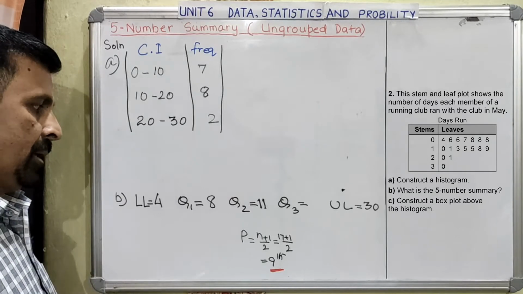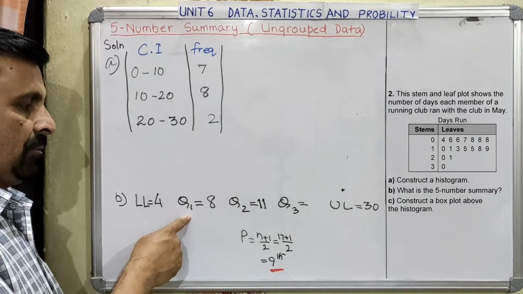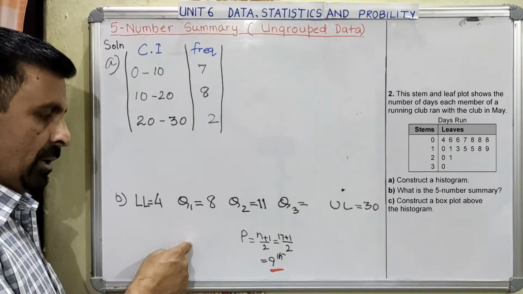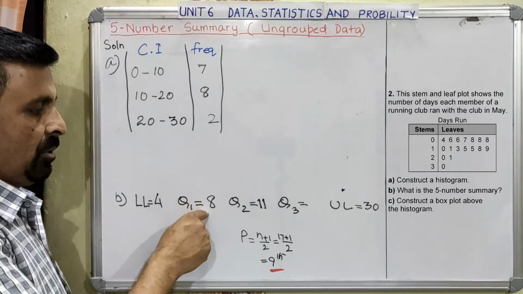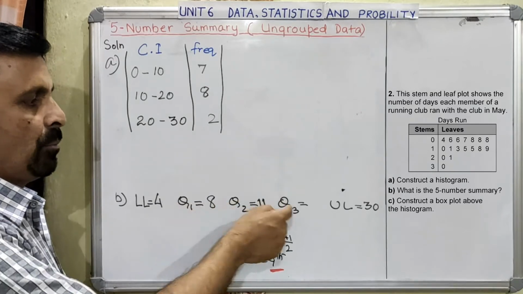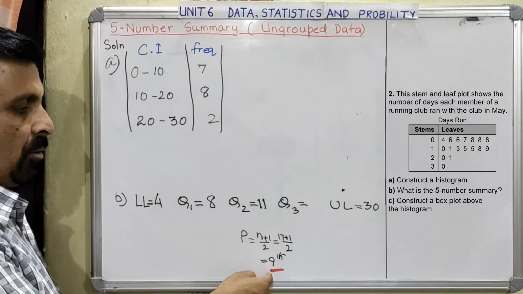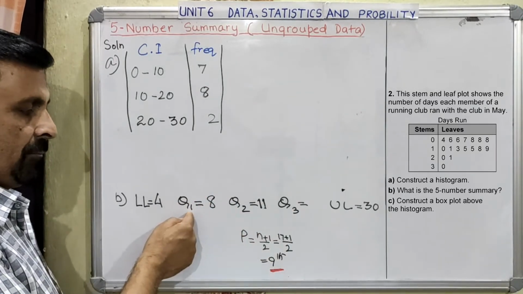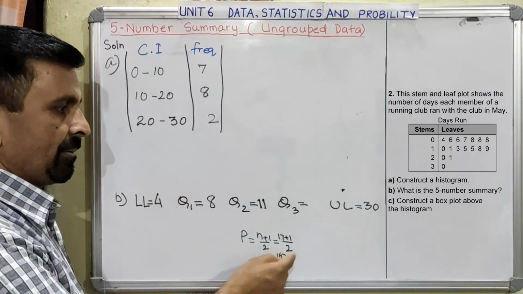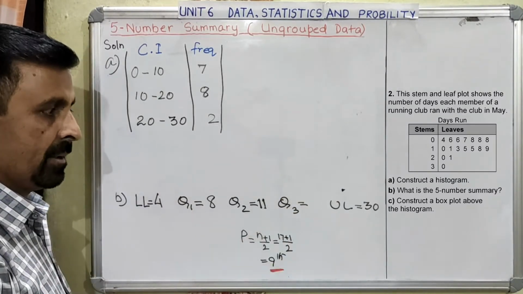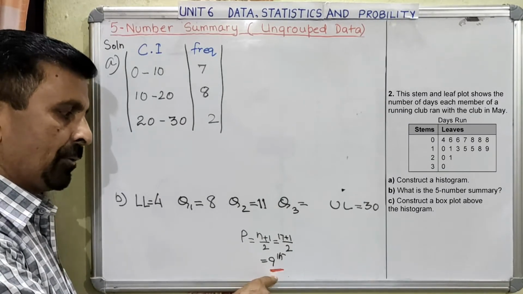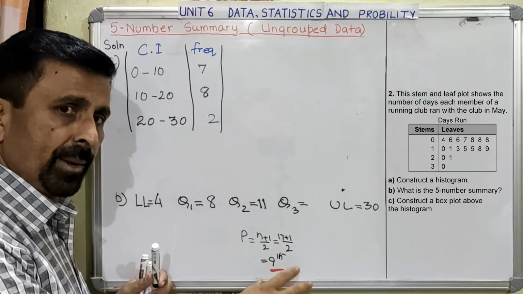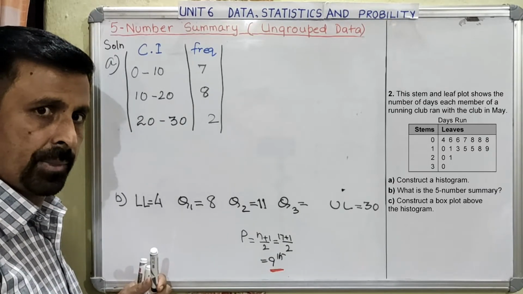Right? So for calculating this Q1, you first calculated the position, and then you got the value of your Q1. Now I am moving on to Q3. There were 9 data in the first half, and we will have the same number of data in the second half also. That means the position of Q3 will also be the same, the 5th position.